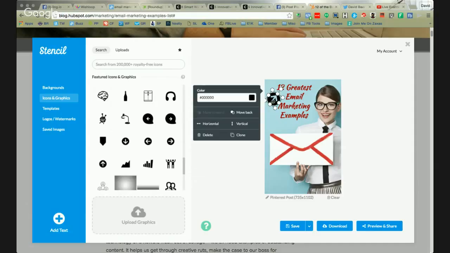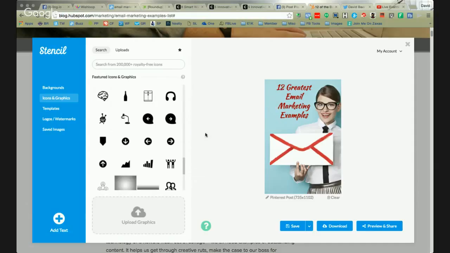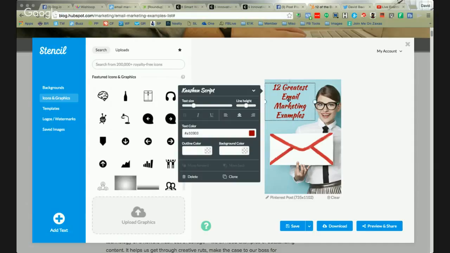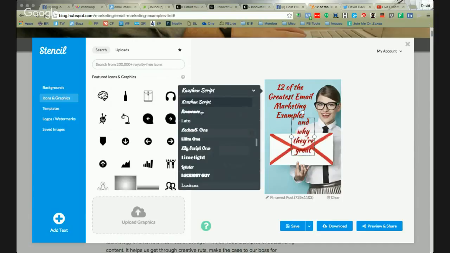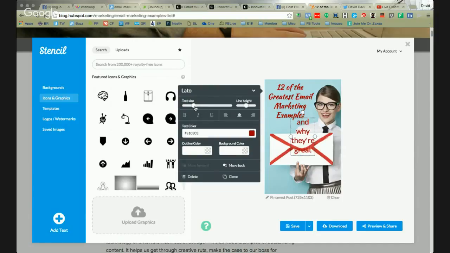I'm not sure that I love that, so maybe I'm just going to get rid of that. Okay, 12 of the greatest email marketing examples, and then why don't I add that additional text, and why they're great, and we'll just make that smaller.